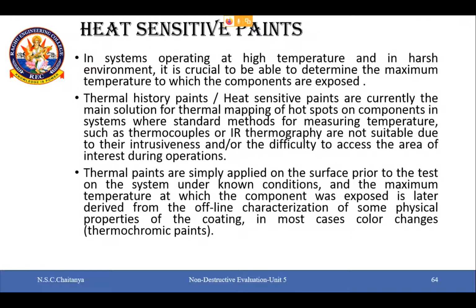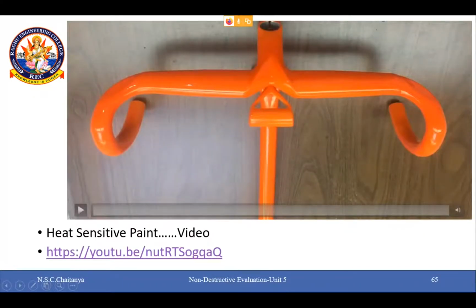That means, if we want to put this in a very simple manner, we'll apply the thermal paint under the known conditions, that is ordinary temperature, and then we'll leave the component for functioning, and after certain functionality is done, we'll test it again. Mostly the color of the paint will be changing. And whenever the color changes, we can identify that the component has been subjected to a certain amount of heat. We'll see how this is done. So there is a small video over here. We'll try to have a look at the video first.